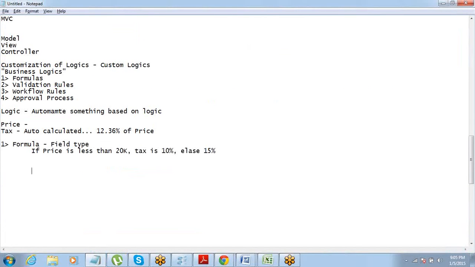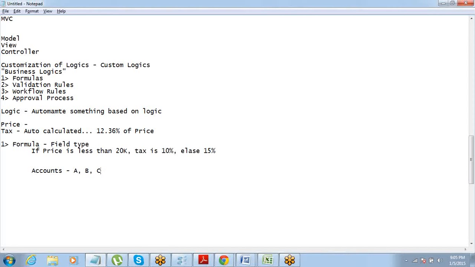Sometimes what happens, let's talk about a real-time example, which a lot of companies do. Sometimes you want to categorize your accounts, right? Maybe if you have a list of accounts, you might want to categorize those accounts in terms of A category, B category. You want to segregate them as A, B, C, different categories. Why do you want to do these things?